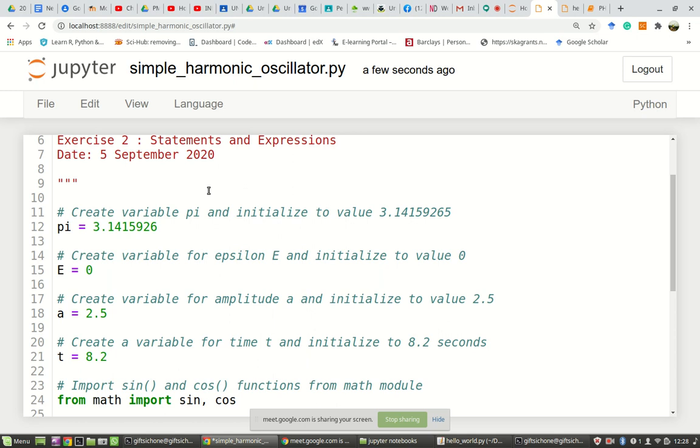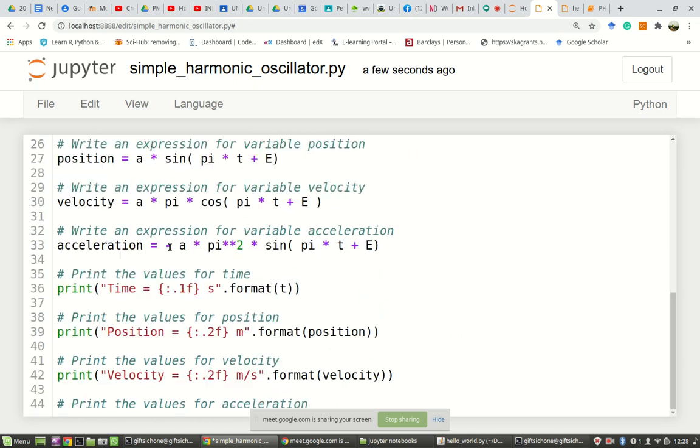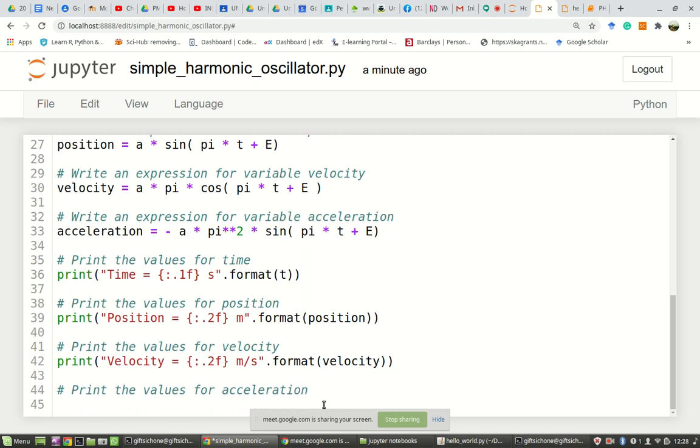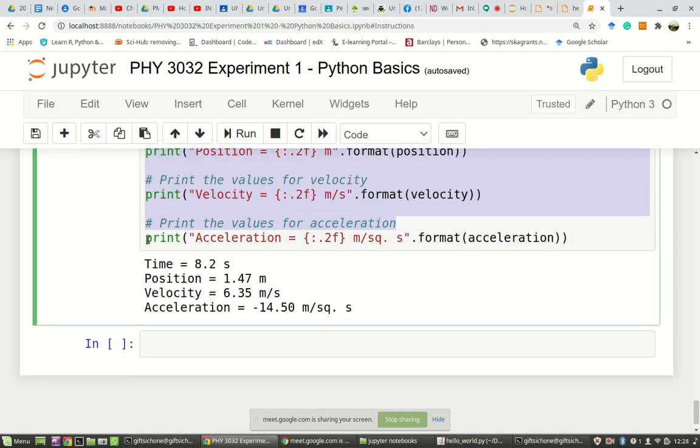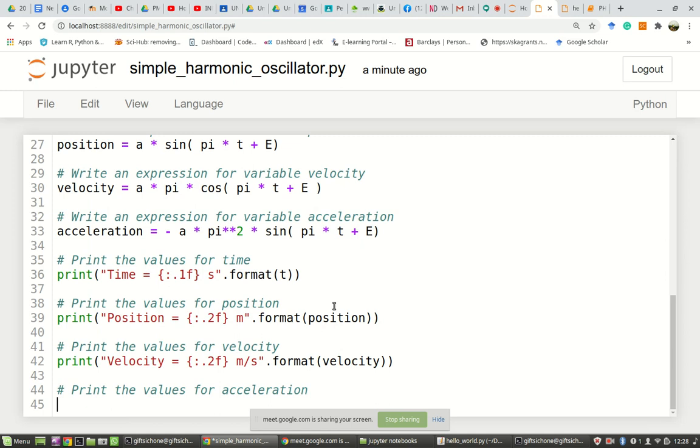Sorry? Oh, the last part has not been copied. Okay. So I need to go back and pick the last part. Yeah. The acceleration part. There. Then I save. Okay. After saving,